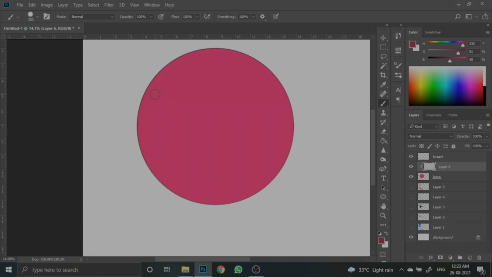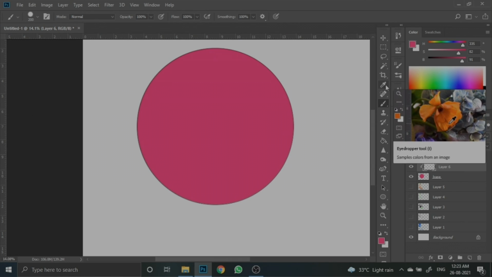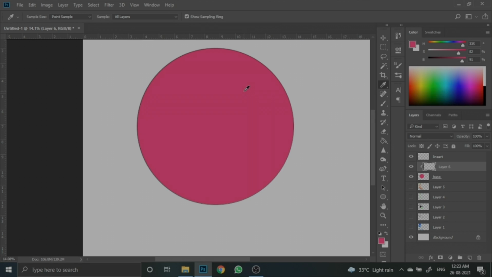If you are confused about which color is appropriate for your work, use the slider. If you want to choose a particular color, hold Alt. It will bring up the eyedropper and you can click on it. You will get this color. If you don't find this, from Alt you can click on this dropper kind of tool. You can choose this and click on it and you can have what color you want. If I click outside, it will give me the color of the background. Okay,